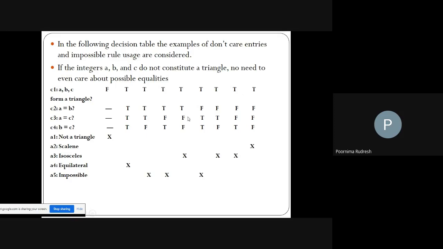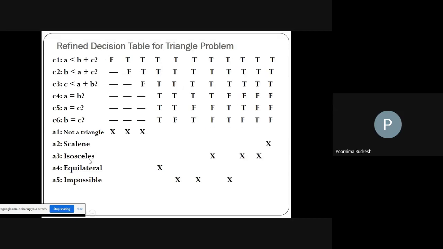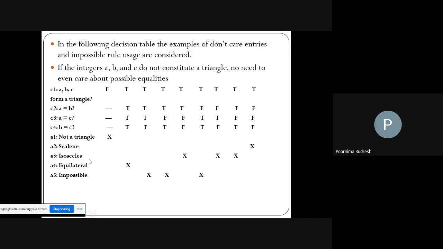So that is represented with the true and false conditions, with the conditions and the outputs are the actions. C1, C2, C3, C4 represent the conditions or the inputs. If these are all the inputs, what is the corresponding output? Output is represented in the form of actions A1, A2, A3, A4 and A5. Understood? Any doubt in this? Sorry, for the triangle problem using the decision table testing method and construction of the test cases.